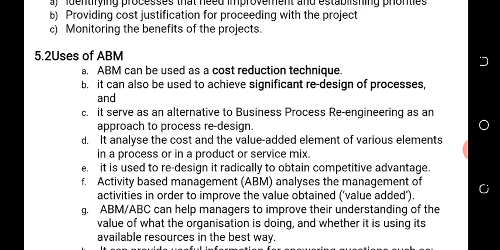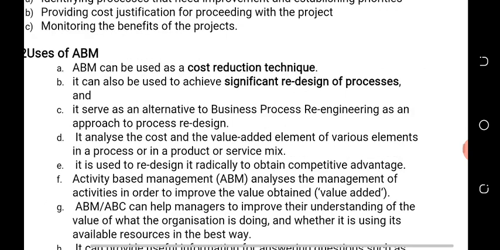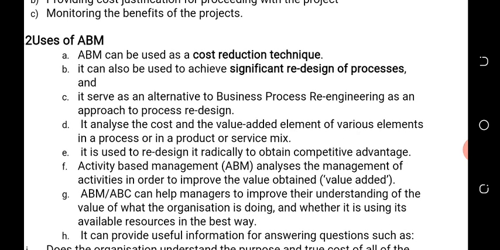Now, uses of ABM. What are the uses of ABM? ABM has so many uses, so we can read up the uses and understand them on our own. One, ABM can be used as a cost reduction technique. It can also be used to achieve significant